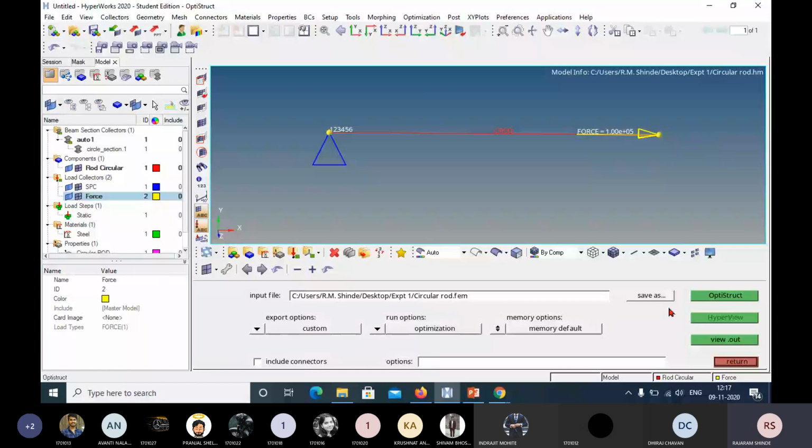Now one thing you have to do here: export option, you modify it to all, and run option you select to analysis, not for optimization. Memory options you keep default. As per the requirement of the problem, it will take the memory. After doing this, click on OptiStruct. It is going to solve.